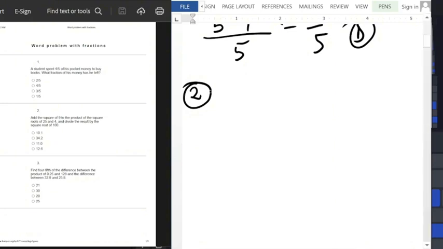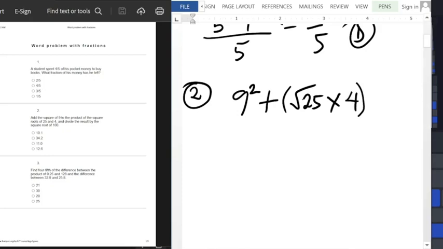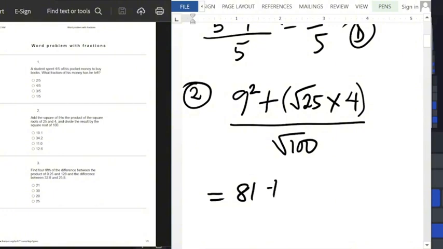Add the square of 9, that is 9 squared, plus the product of the square root of 25 times 4, then divide the result by the square root of 100. So that is 81 plus 5 times 4, everything divided by